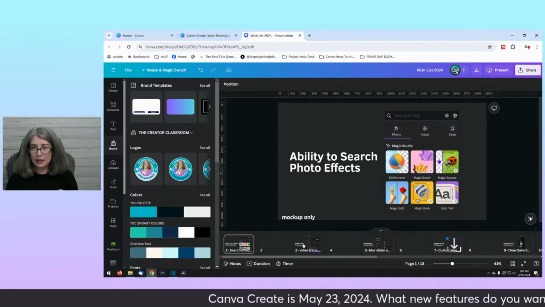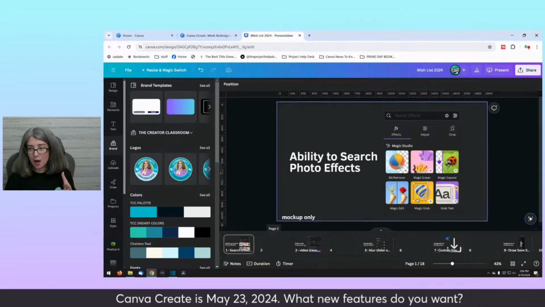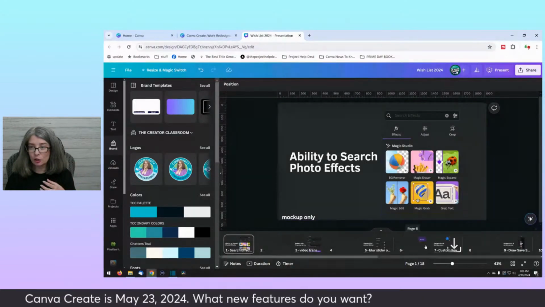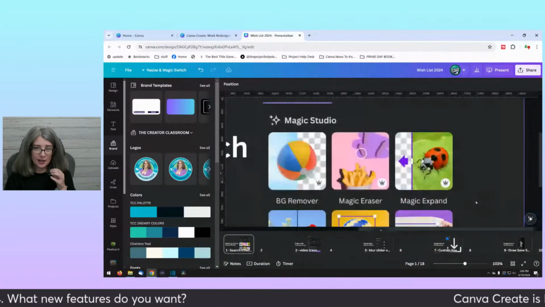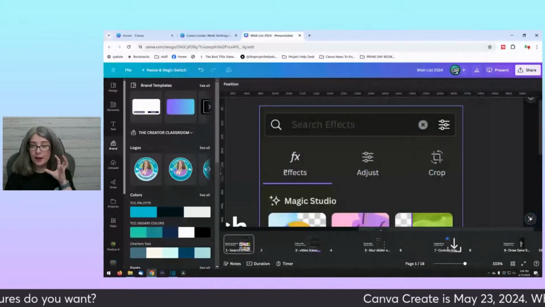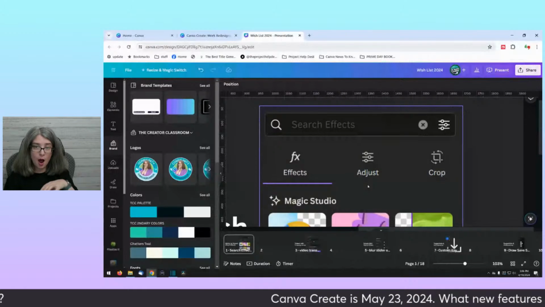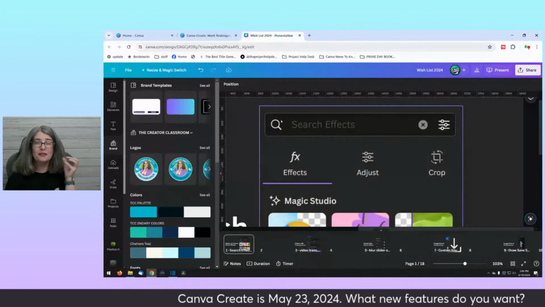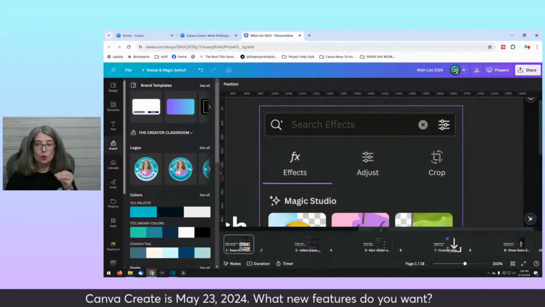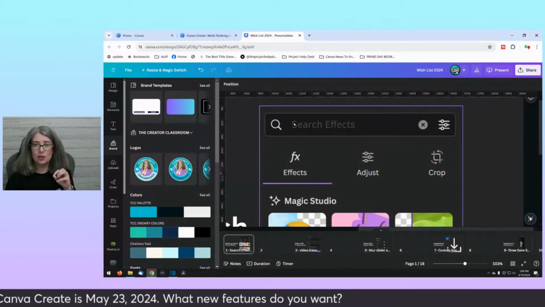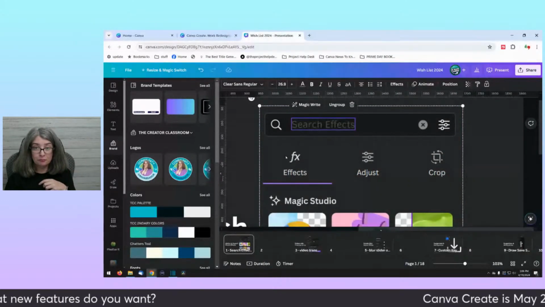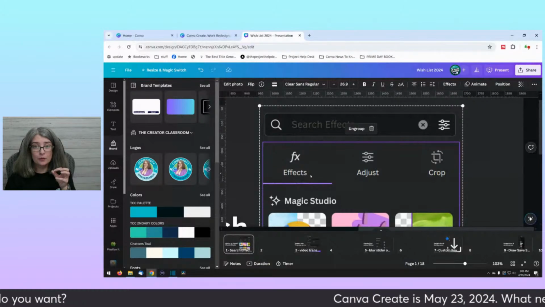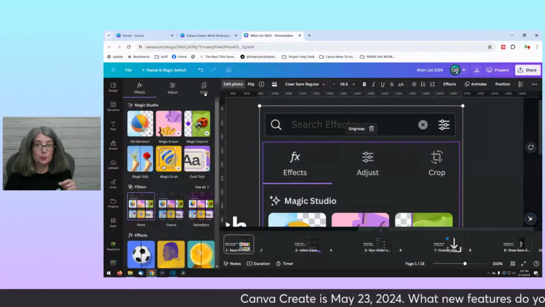And this is a mock-up of what I think it could look like. They could, at the very top above FX and adjust and crop, have a search button right here where you could type it in, and you can see I did a mock-up of what it would look like. Because right now there's no search button.